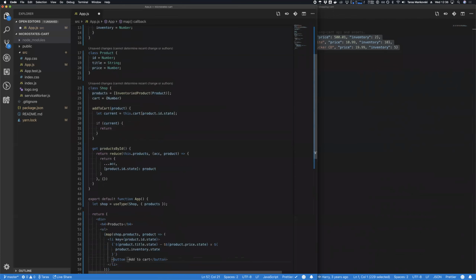So on click, it's going to be shop.add-to-cart, product.id.state. I'll just grab the ID here. And then what we'll do here is instead of this, it's going to be ID, we'll just grab the actual ID here. So if we have the ID, then what we'll do is we'll